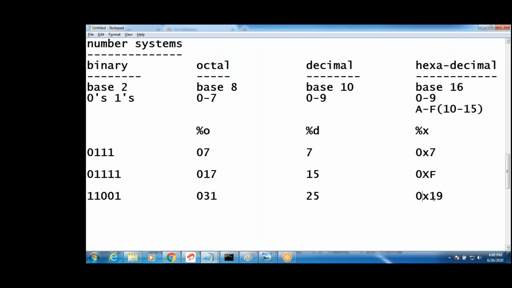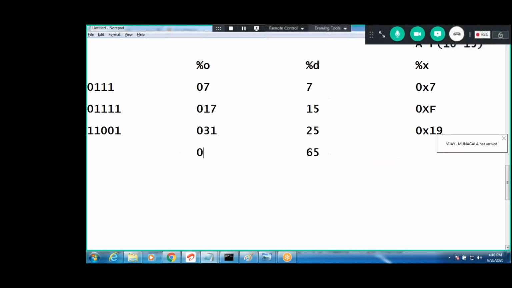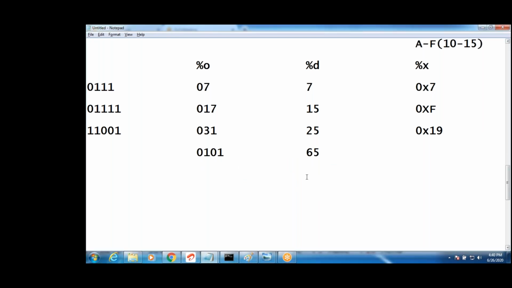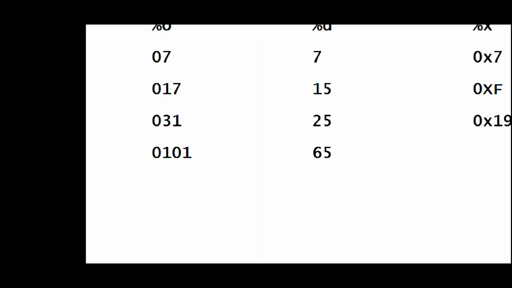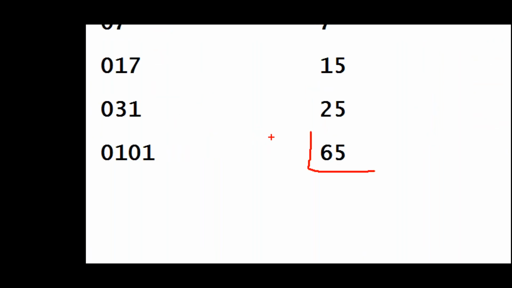Same like we can write 65, guys. How to write 65 as an octal number? You can write octal by dividing by 8. How many times by 8? 8 times, remainder is 1. Okay, don't stop. Again by 8, one time, remainder is 0. So 101, it starts with 101. 65 hexadecimal, guys, how to write hexadecimal? By 16, 4 times, remainder is 1. So 0x41, guys.